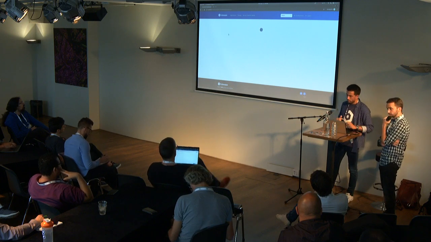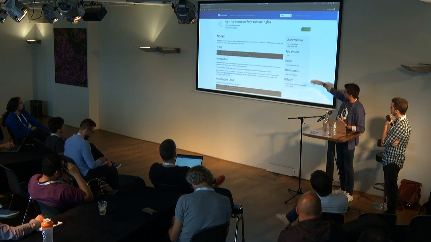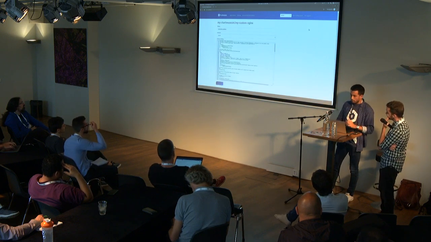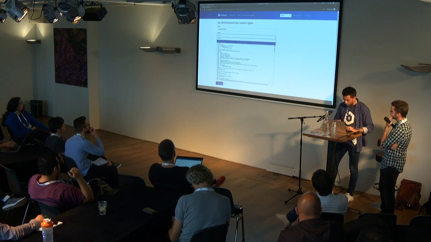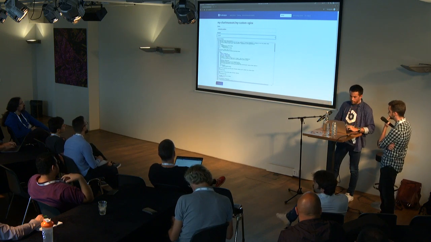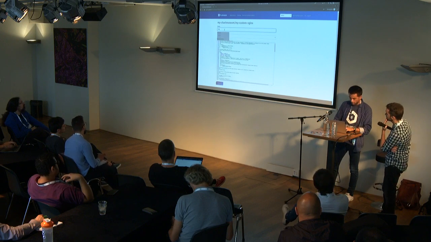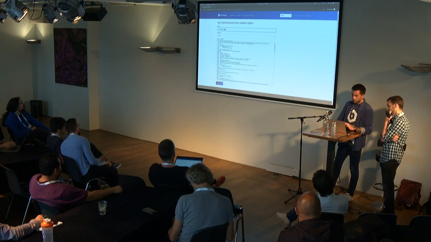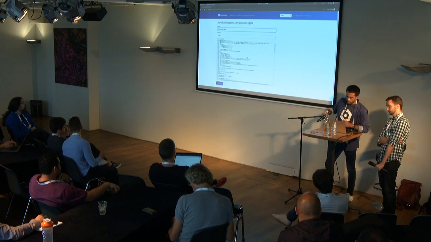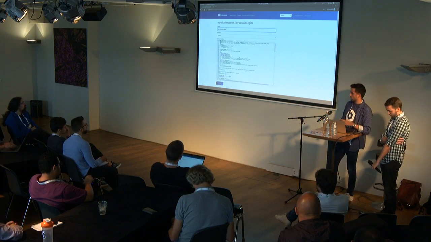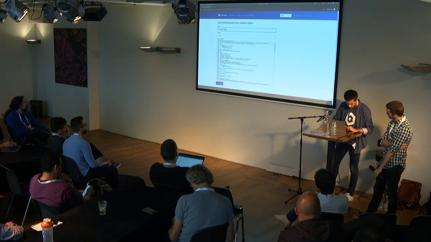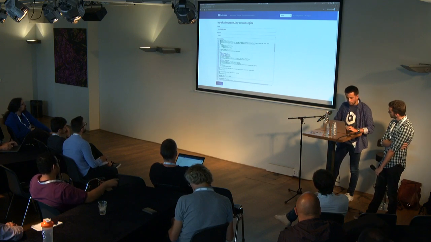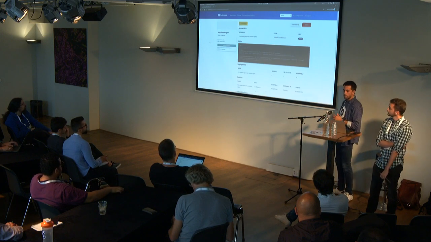I just need to click on the chart that I want to deploy. Here I can analyze the README file. And once you click on deploy, you choose the version. Let's say I want to deploy version 1.0.0 and a name. Let's say my release Nginx. And you can modify the values YAML as if you were installing locally through Helm. Let's say that we want a couple of replicas. So you just need to click on submit, and after a while,